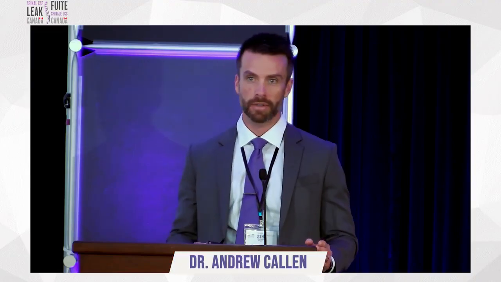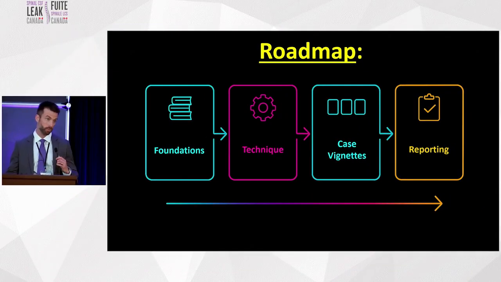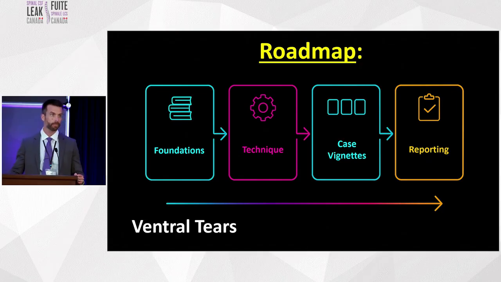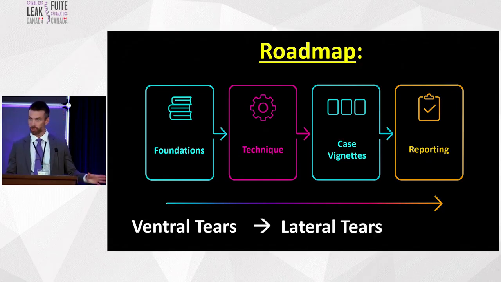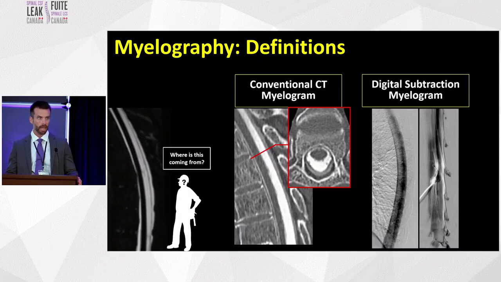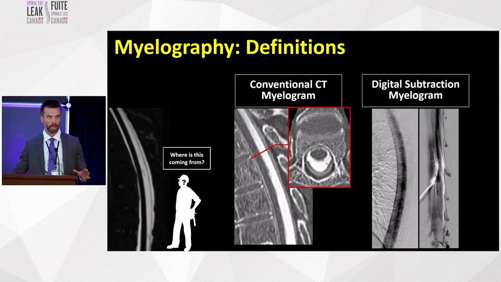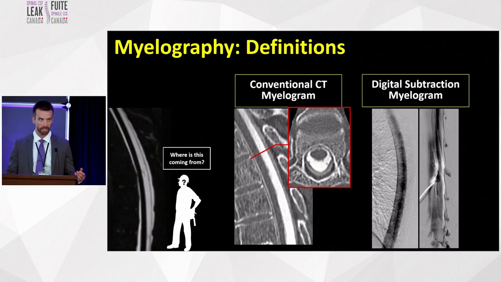I'm going to talk about everything with regards to CT today in 20 minutes. We're going to talk about foundations, technique, some case examples and troubleshooting, as well as what I think is an important part of myelography, which is reporting. We're going to move from ventral tears to lateral tears to CSF venous fistulas, the structure that you've seen already. And just so we're getting our vocabulary correct, we're talking about something here called dynamic CT myelography,